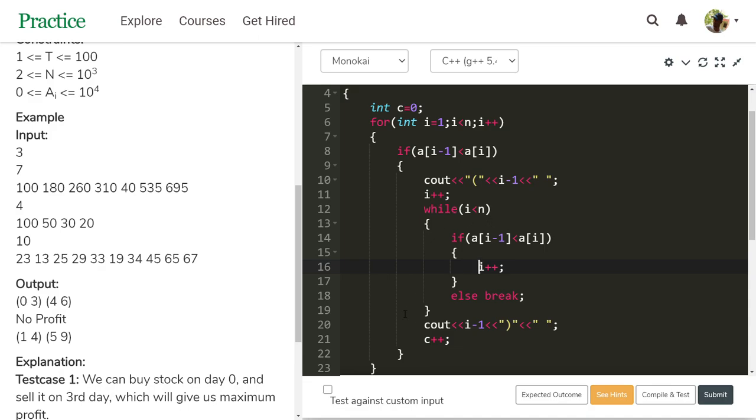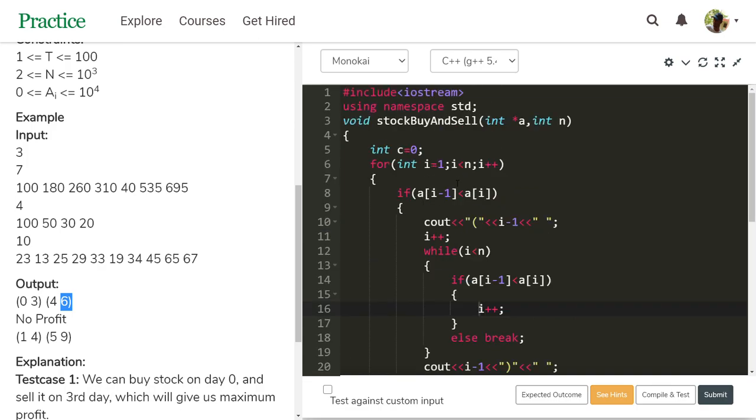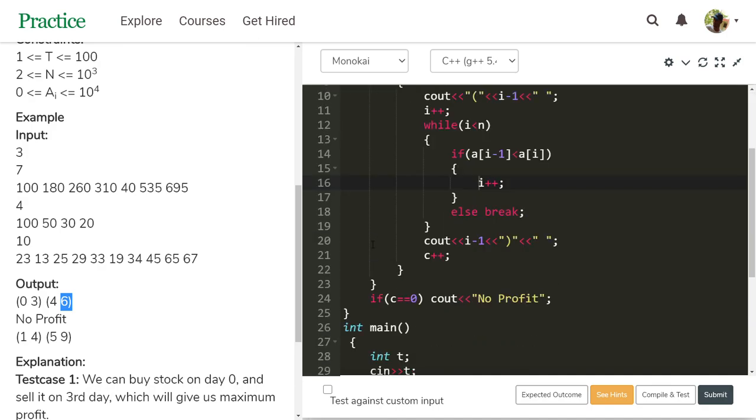Then the while loop stops execution. Cout i minus 1, which is 6, and close the parenthesis with a space. This is the remaining part. Then c increments. The c value is 2 now. The i value is 7, and 7 less than 7 is false. Then the for loop stops execution. The output is printed like this.